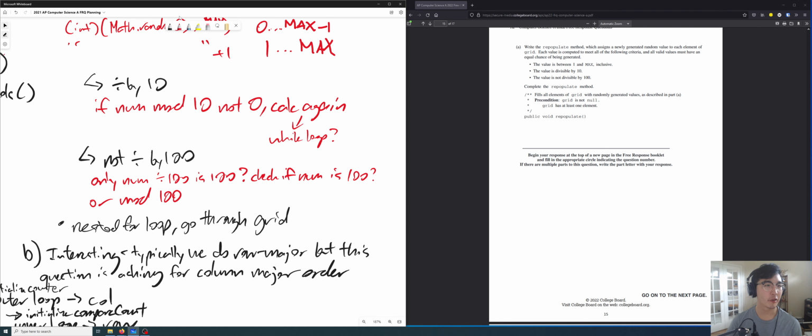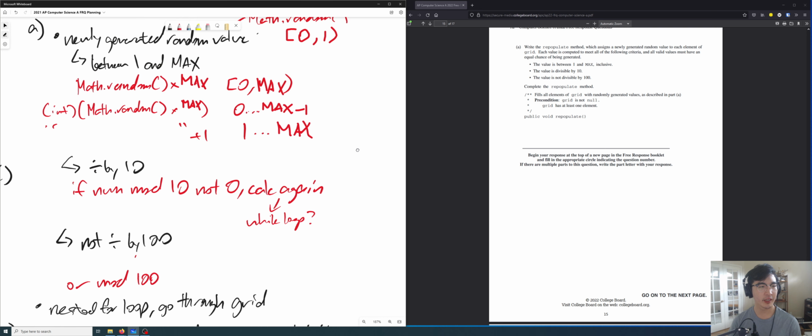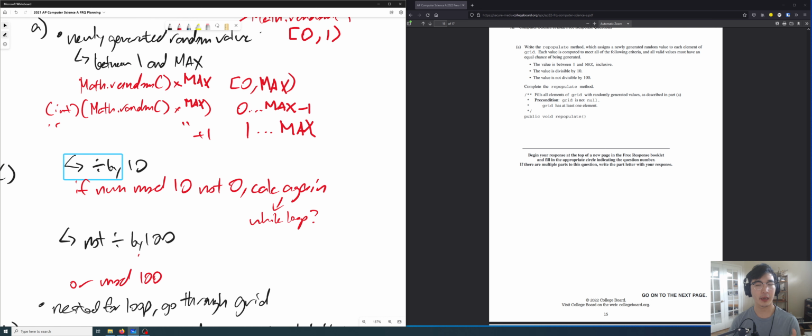So I'll mod by 100 to check if it's evenly divisible by 100. All right. So go through grid with a nested for loop. So I probably have these two things in an if condition. If the randomly generated number is, sorry, not divisible by 10, or divisible by 100, something along those lines, then I have to recalculate it.